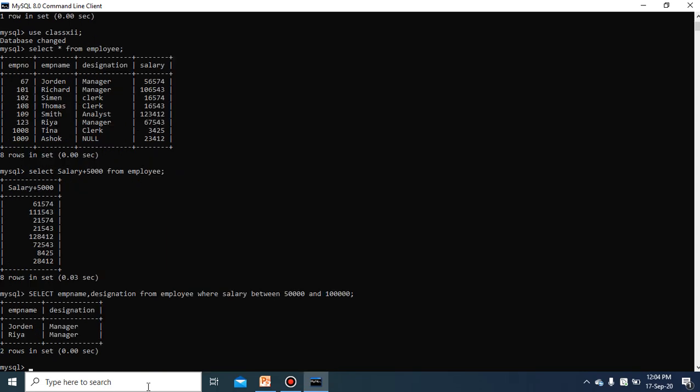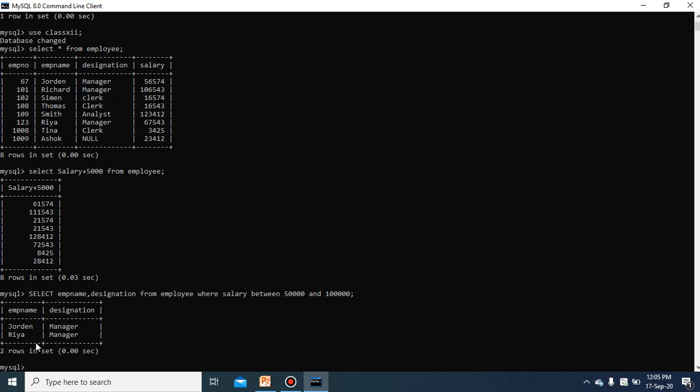See, only two employee names, Jordan and Ria, whose designation is manager, come under this criteria, whose salary is between 50,000 and 1 lakh. You can check it. Jordan's salary is 56,000 and Ria's salary is 67,543. So only these two records matched this criteria,